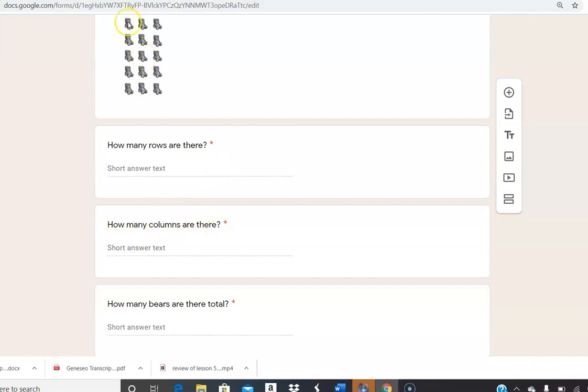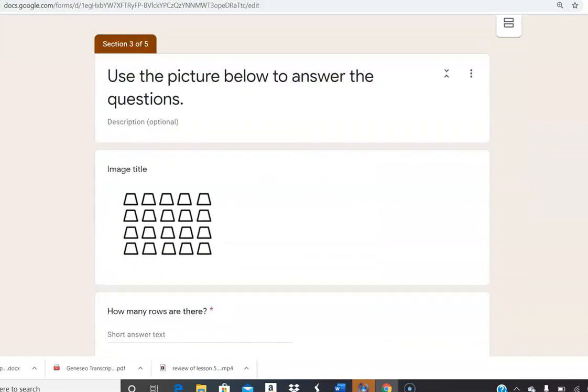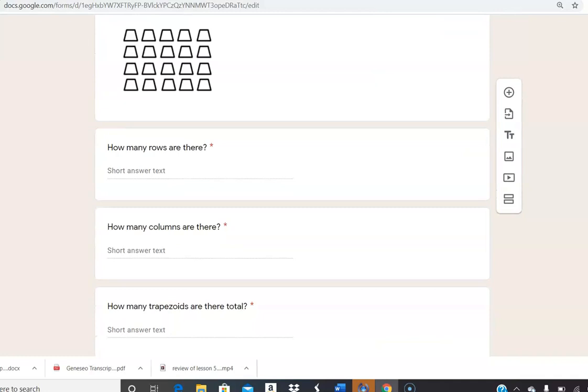So then you're going to look and you're going to see 1, 2, 3. There are 3 columns. How many bears are there total? So that means you're going to see how many bears are there. You're going to count them all up, okay? Then the next one shows these pictures here,